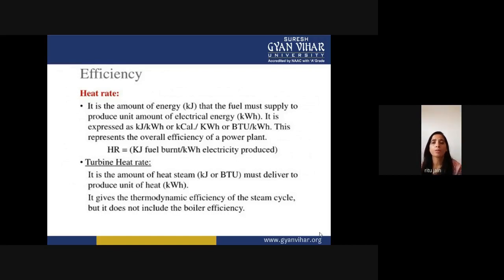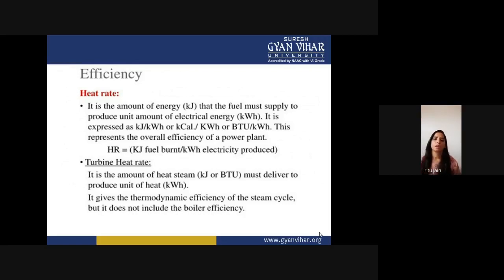We have already discussed that energy can be represented in kilowatt hour, or in kilojoule. So it is the amount of energy that the fuel must supply to produce a unit amount of electrical energy. Okay, so heat rate means that